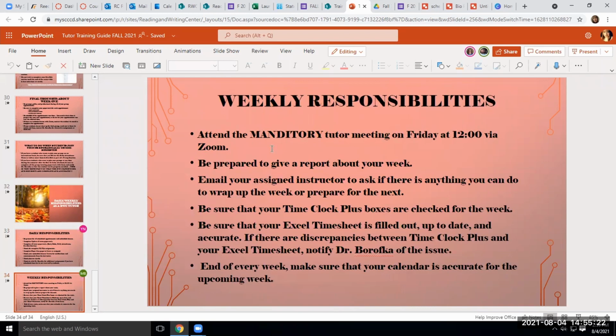We will be having our mandatory tutoring meetings on Friday. They'll be at 12 via Zoom. There's a number of us who are attending classes off campus at different campuses. So if you can't attend the session, check in with Dr. B, do your report out, find out what was going on, go on SharePoint and look at the agenda. Treat it like a class and just make sure that you're up to date with what happened at the meeting